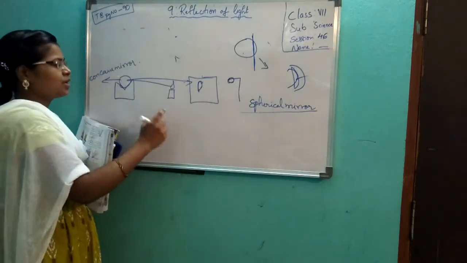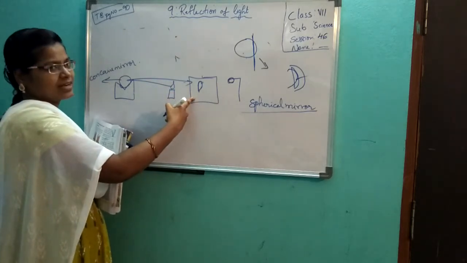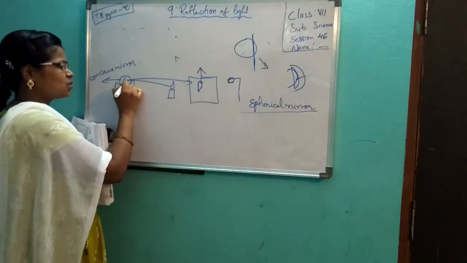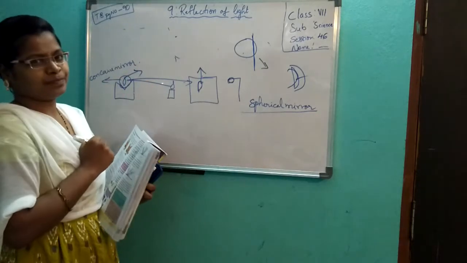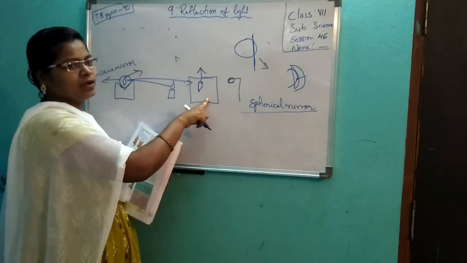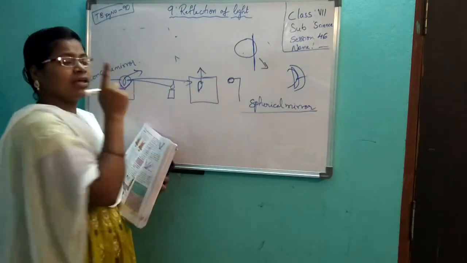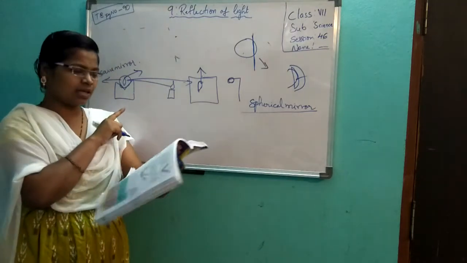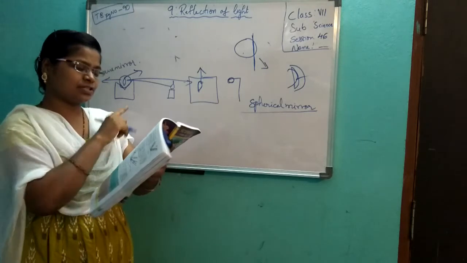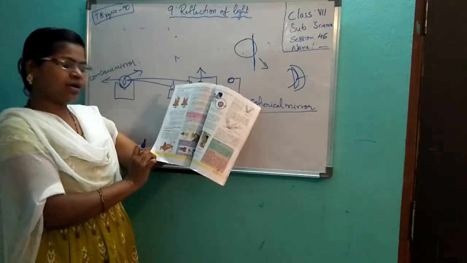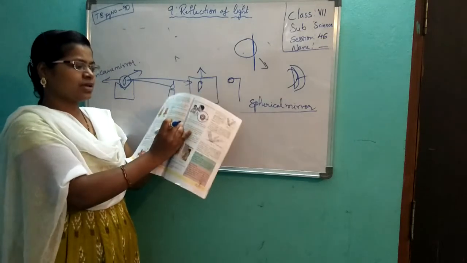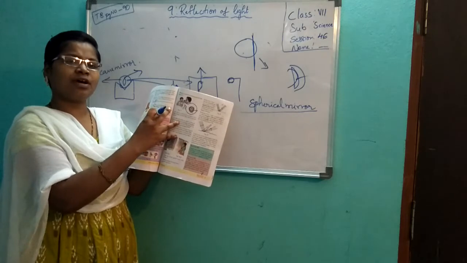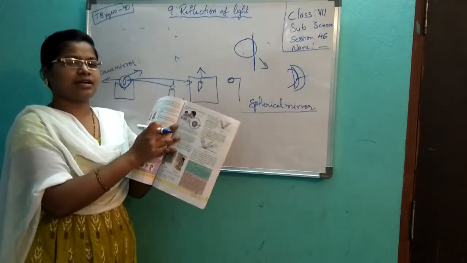Now, you are getting this candle image on the screen. This has been given one name. The image which is falling on the screen has been given one name, and here also there you have the copy image and mirror image. Now here also a name is given. The image, see this page, underline it also. See page 92. The pink table is there, no? Above that you see. Just stop the video, take your book, open it, then start the video.